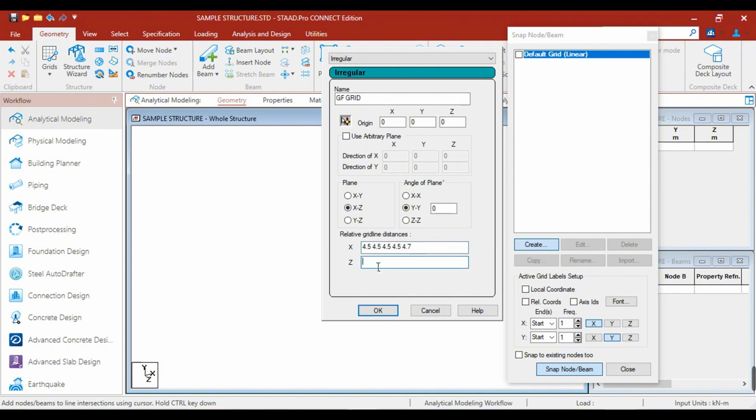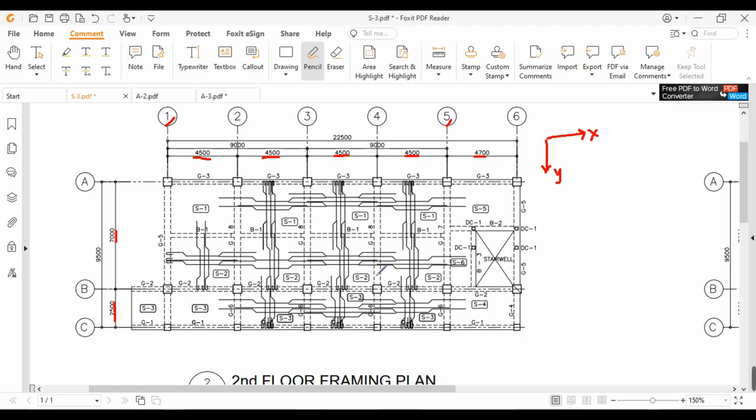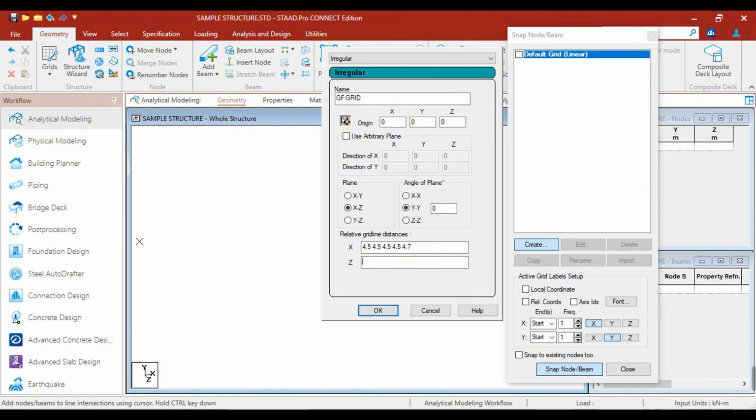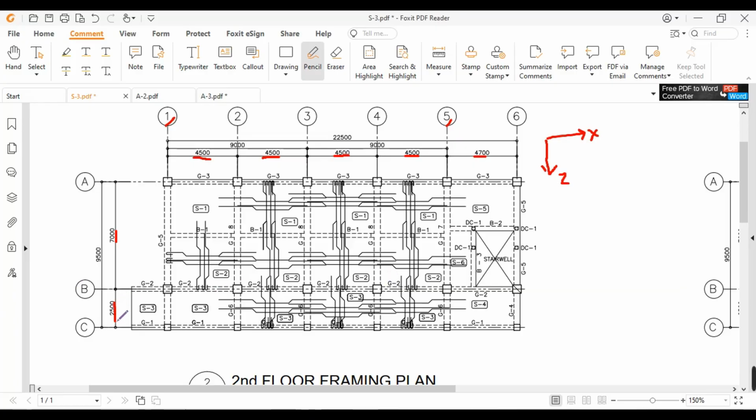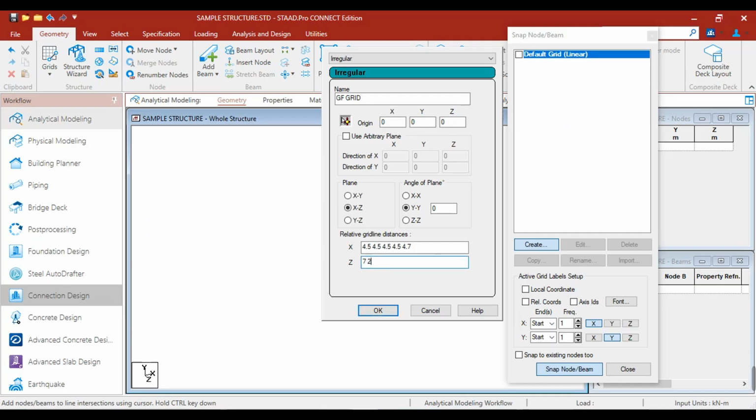For grid line distances along Z, so sorry, this is Z. For grid line A to B, we have 7 meters. Then use spacebar to separate the distances. And for grid line B to C, we have 2.5.